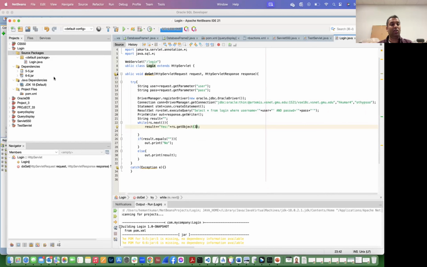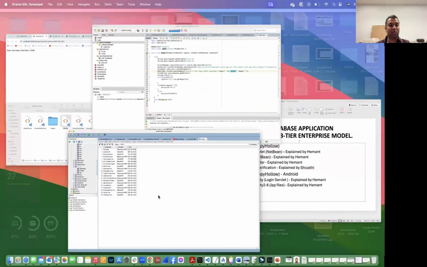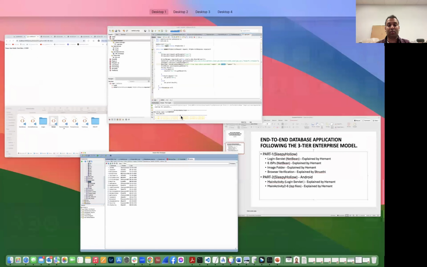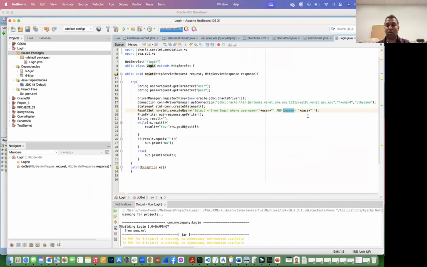servlet-api.jar file from Apache NetBeans that we have installed manually here, and then simply the query about the username and password. Professor used password.wrd. That didn't work for us because in our login table we have passwd. So passwd, yeah. This is how we can retrieve the SSN using the login